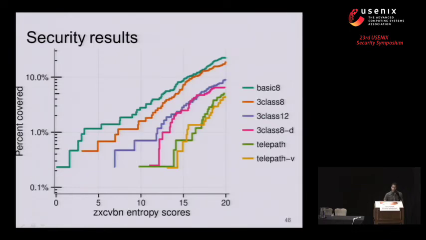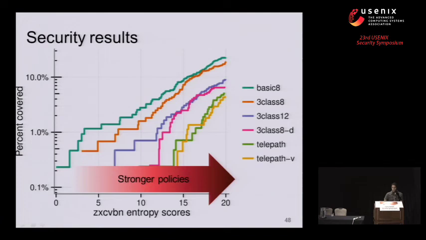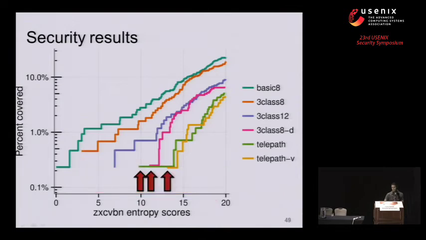Here are the curves for all 6 conditions. Curves that are closer to the right side of the graph are better because they have higher entropy scores for a given percentage of passwords. The dictionary policies shown here have the best minimum entropy of the policies we tested and are the strongest policies overall. Their curves are consistently to the right of the other conditions.